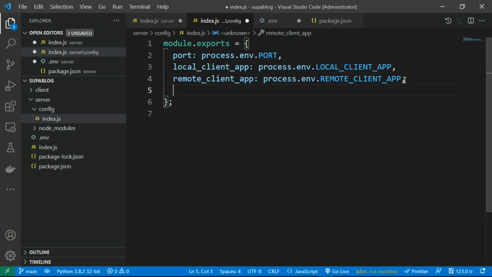Another thing is, let's create another key known as allowed domains. These are the domains that we allow to communicate with our server. It's supposed to be an array or a string. Since it's going to be more than one, we'll just make it an array so that it can take multiple. So we say if